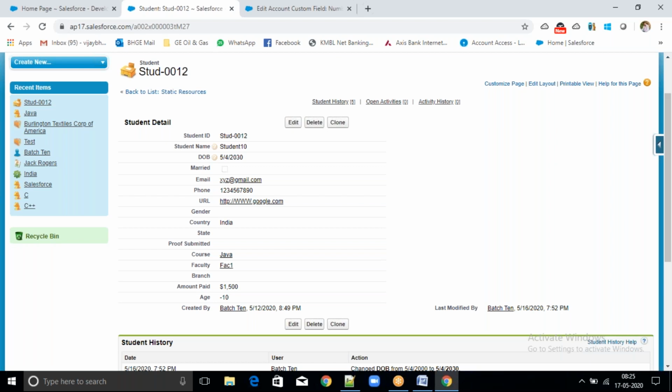So in this scenario, if the date is in the future, we have to throw an error. Suppose you are working on flight tickets: if the flight date is a past date, we have to throw an error. There we should not accept a past date. Here we should not accept a future date. Clear?